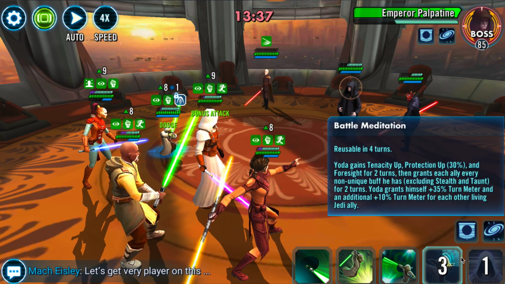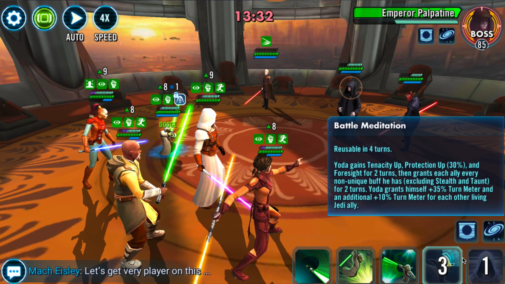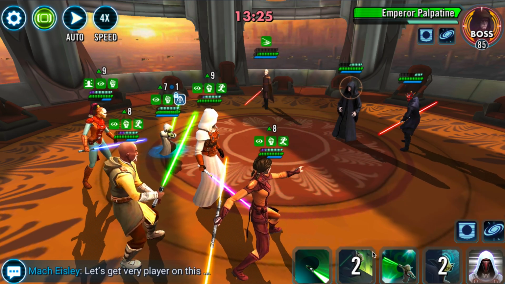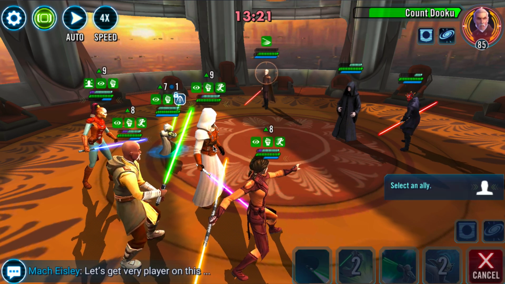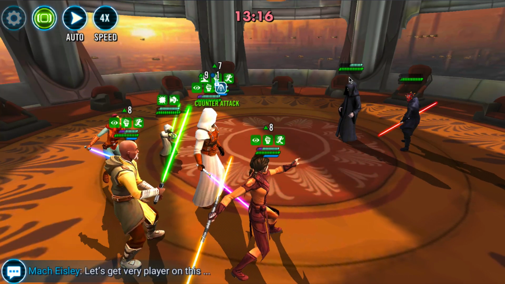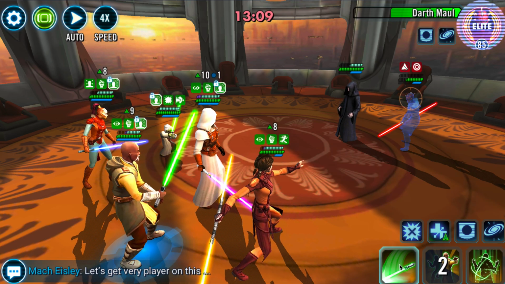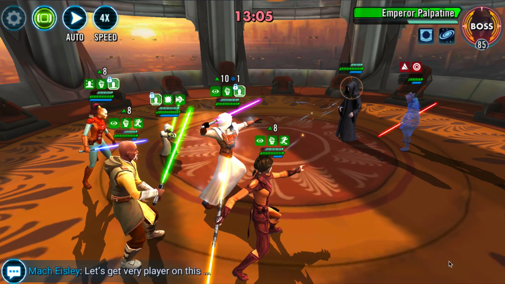Yoda, one thing, when he spreads buffs, he gains 35% turn meter for himself, and then also an additional 10% for each living Jedi ally. That ability right there gives him 100% turn meter if there's any added Jedi. Just trying to show you why each of these characters are key. I really hope that they would kill off somebody here, but maybe we'll showcase it in the next level. But Jolee Bindu can then revive all defeated Jedi, as well as heal the selected target. So you're looking at quite a bit of